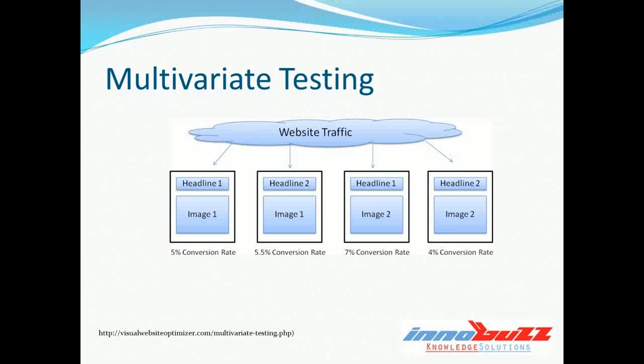And then there's one other thing that you got to keep in mind, which is combinations. Maybe, as this graphic shows, headline 1 with image 1, okay, but maybe headline 2 with image 1 is better. If we were doing split testing, it would take literally forever to go through and do all of this. So with multivariate testing, we have the capabilities to get much more done in a shorter period